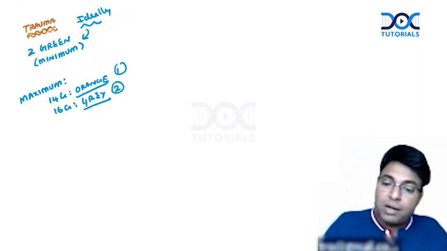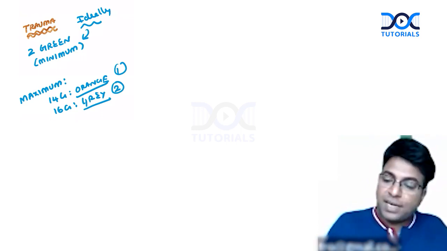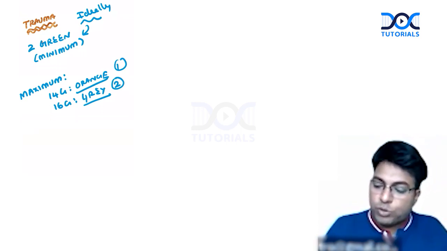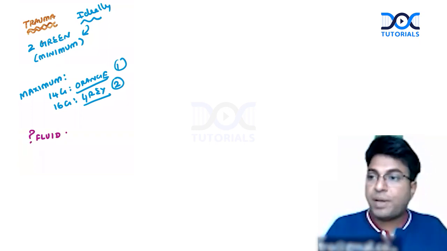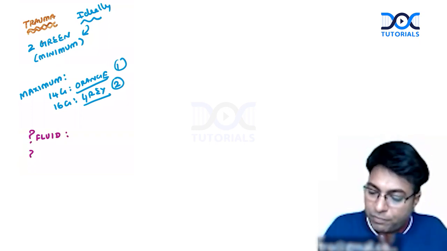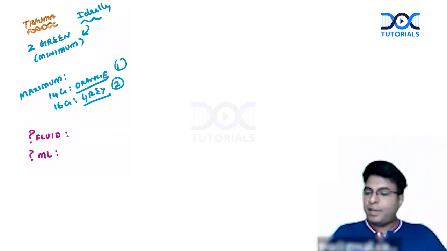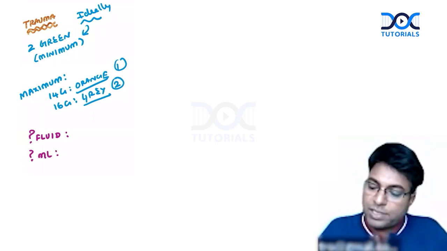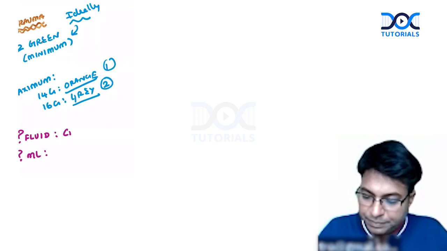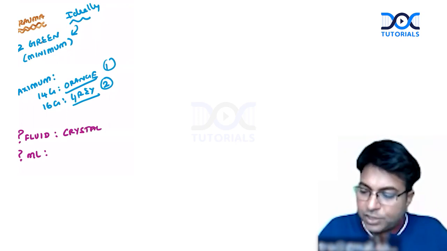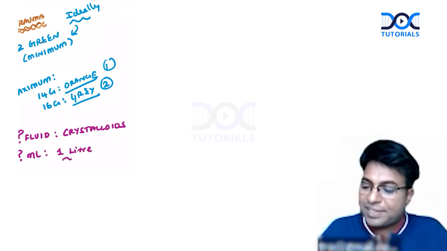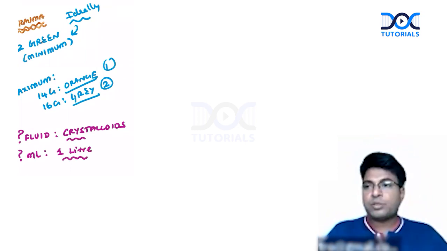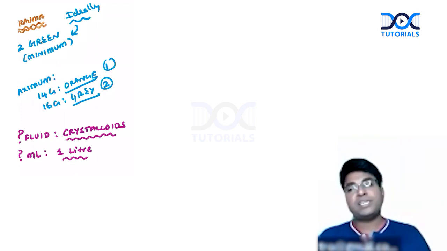Okay. And what is the advice in a trauma center? How much ml of fluid should be infused? What fluid should be infused? In a trauma patient with hemorrhagic shock, what fluid should be infused immediately and how much? Yes, very good. The fluid to be infused is crystalloids, and it should be 1 liter, not 2 liters. Until last year it was 2 liters. Now they changed it to 1 liter.